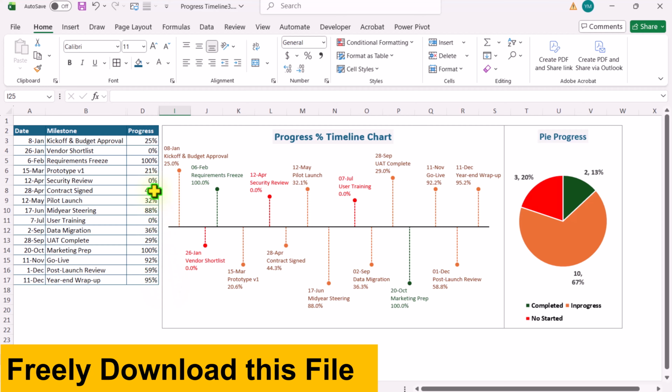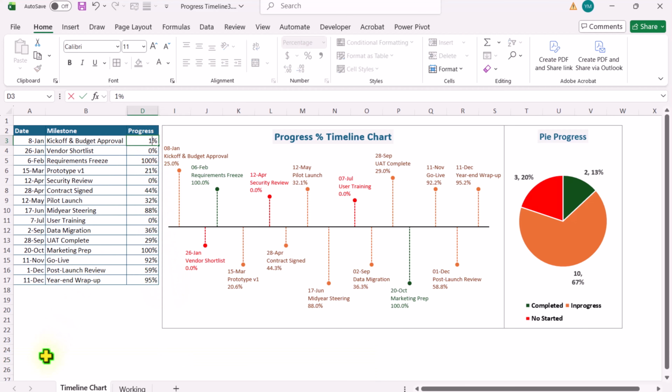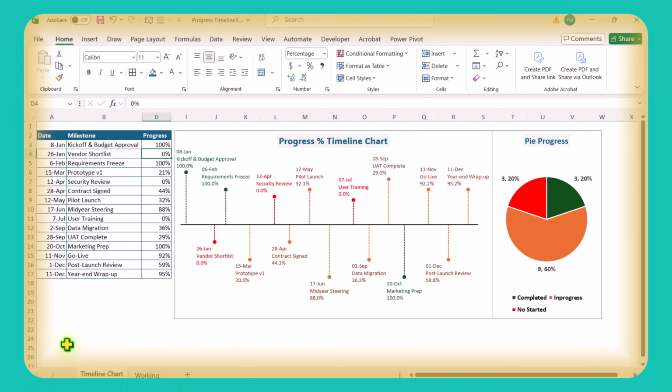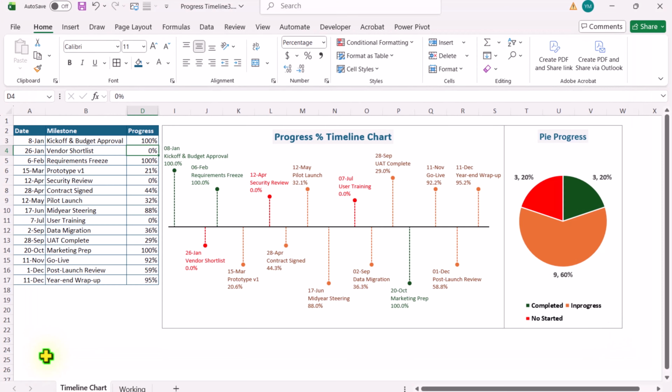If I change the 25% to, let's say, 100%, you can see the color automatically changes to green and the pie progress is also updated. And not only this, if I make this progress 0%, you can see the pie progress and the timeline chart, everything is dynamically updated. So how can we create this amazing chart? I will show you each and everything in